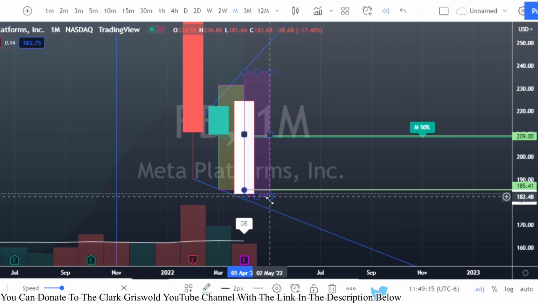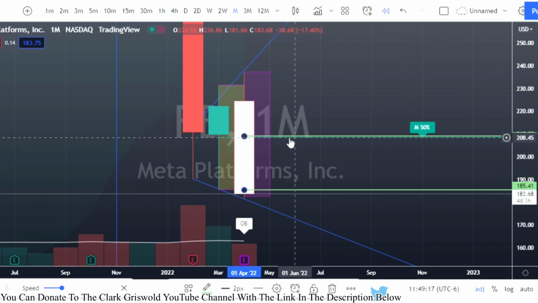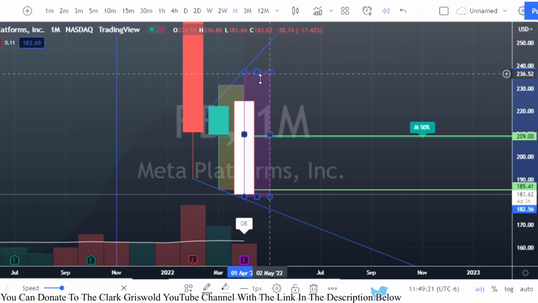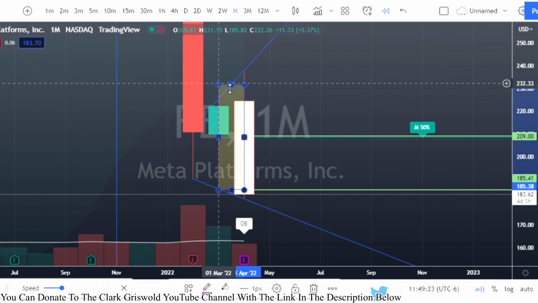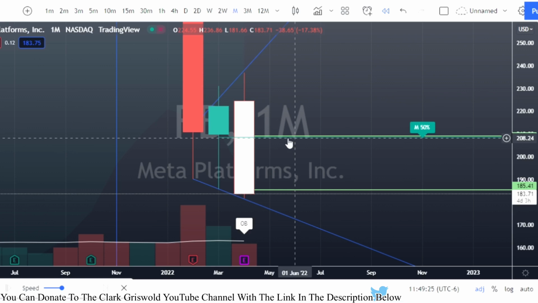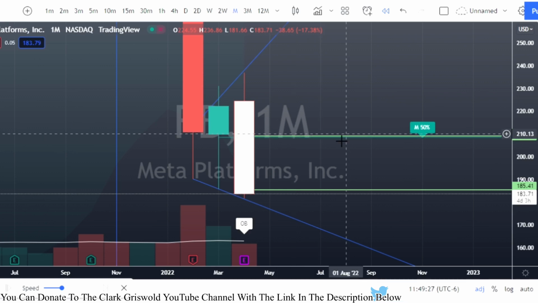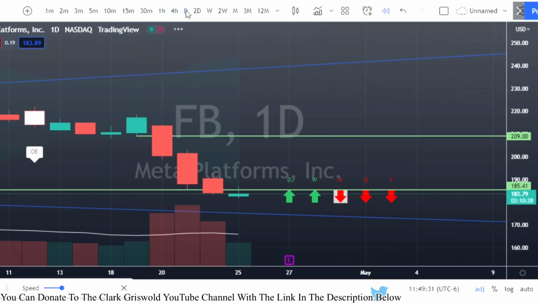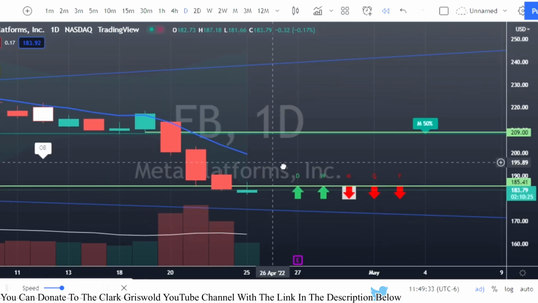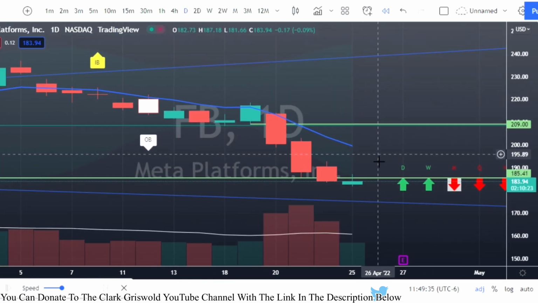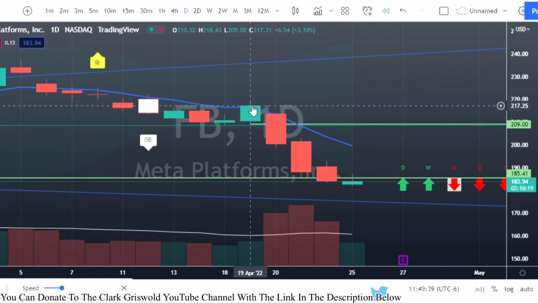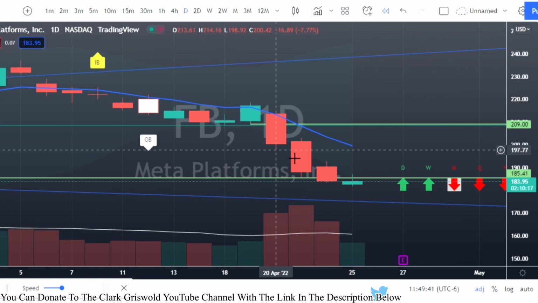So again, we tag that 50%. I'm going to just get rid of these boxes here to make this a little bit cleaner. Once we tag this, or we are coming close to tagging this 50%, we want to go back and look for an actionable signal to get into that trade. And our actionable signal happens right here. 2 up, 2 down, reversal, and we're gone.